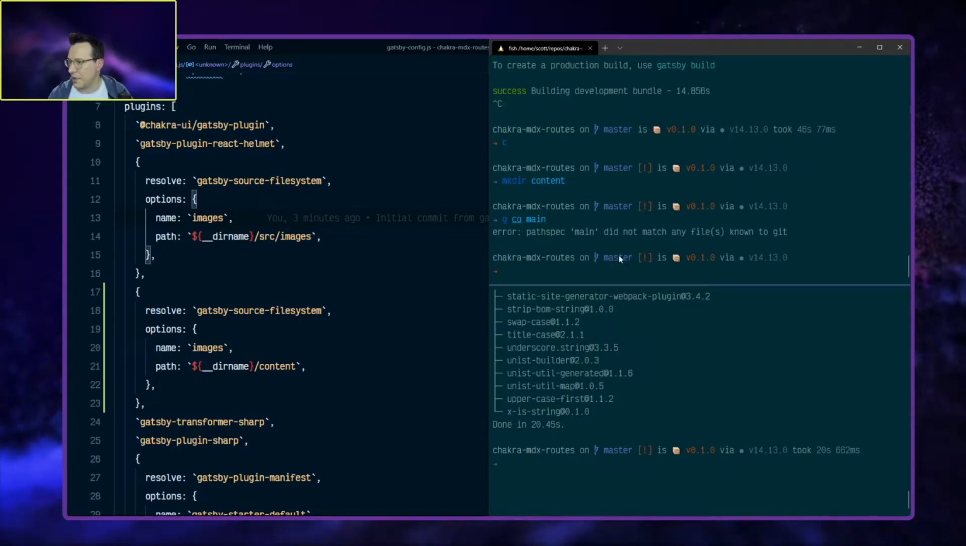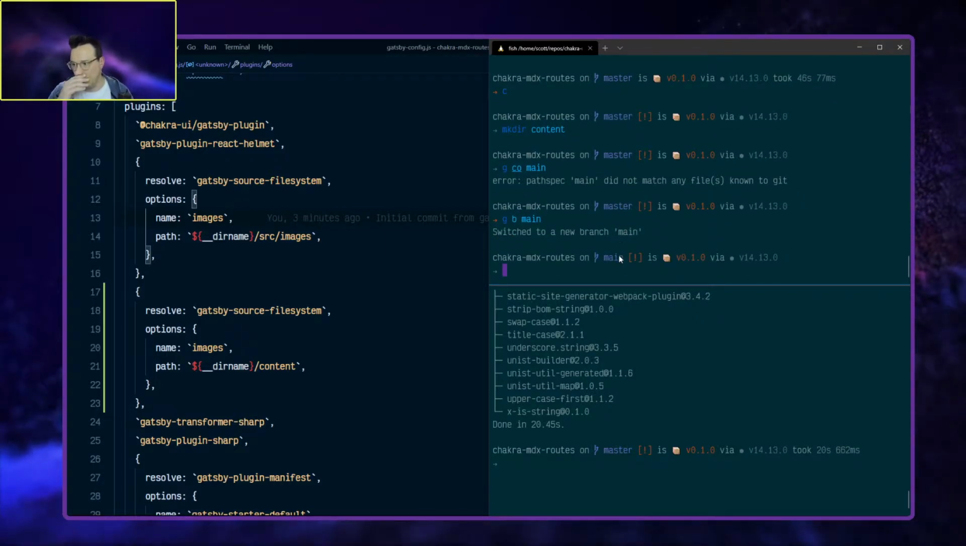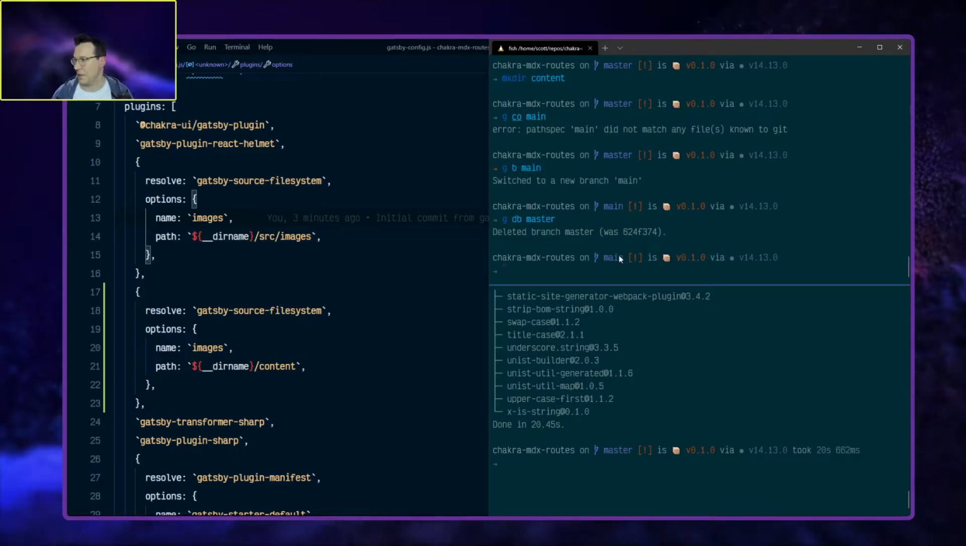Main did not match any files. All right, so I need to branch, git branch. Right, so now we're on. We can just delete that. git branch -D master. Right, so we're on the main branch, and we've got our content folder. So now